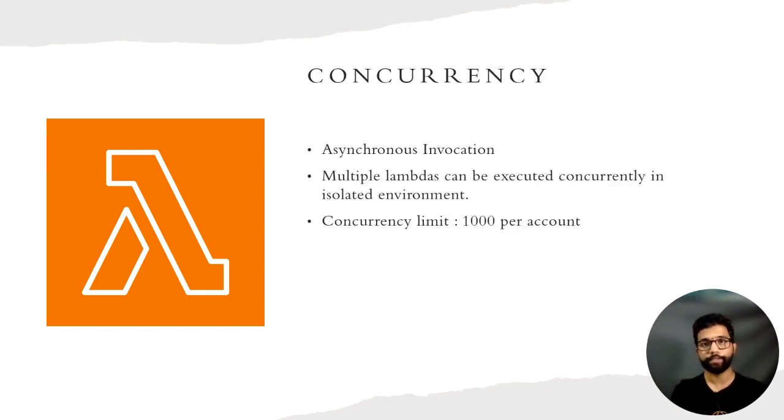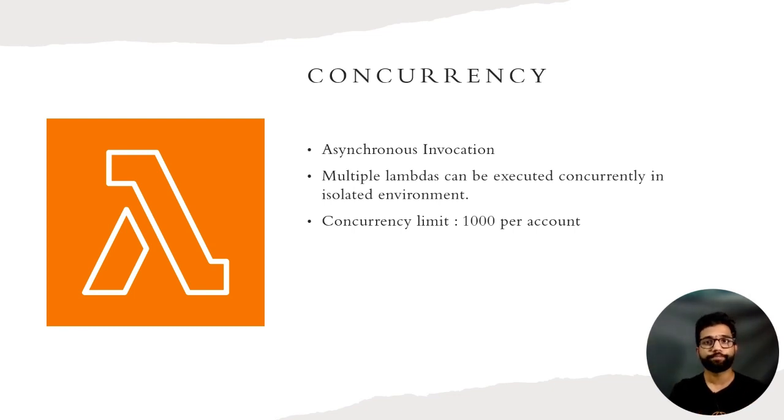Next comes the concurrency. The best part of the Lambda function is that you can execute these Lambda functions in an asynchronous way. Each of these Lambda functions can be executed concurrently in an isolated environment. Let's say there is a service which will trigger these Lambda functions multiple times. Each time this Lambda is triggered, it gets executed in an isolated concurrent environment, and then each of these concurrent